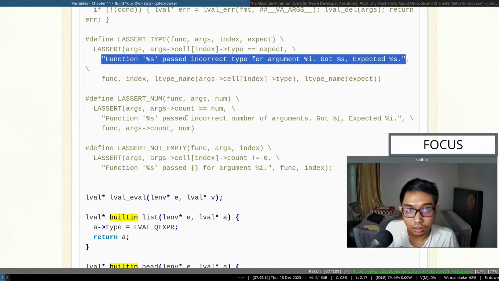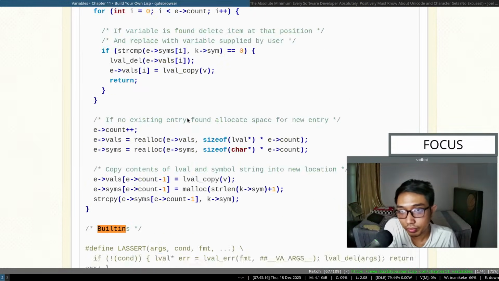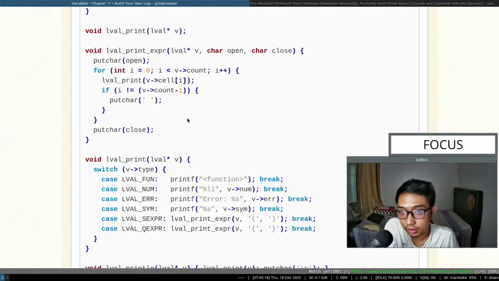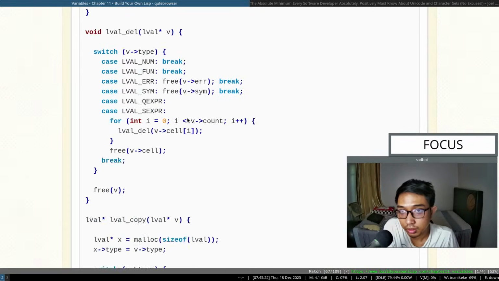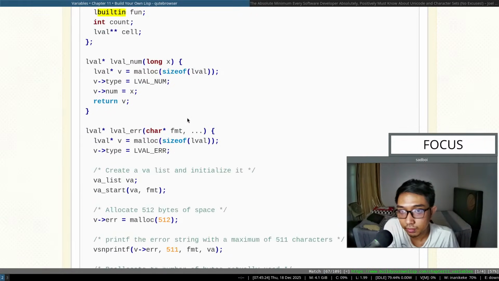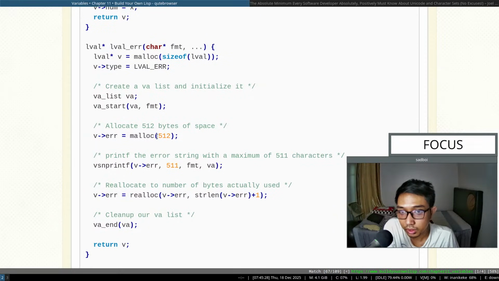Do I want this? Maybe. I mean, when we're passing,